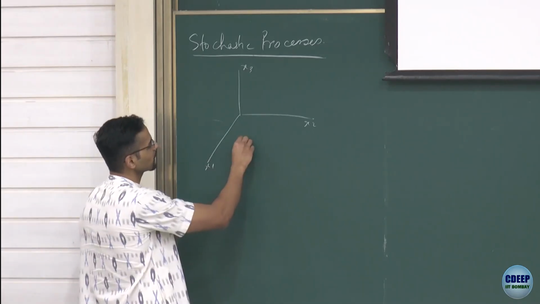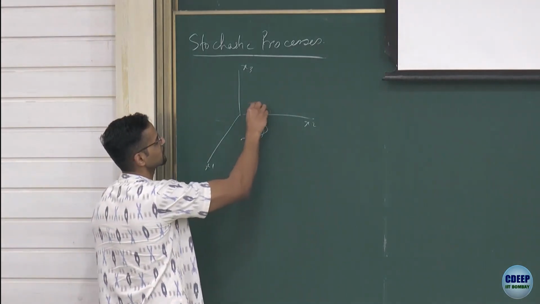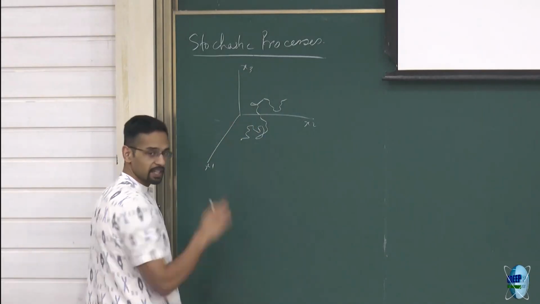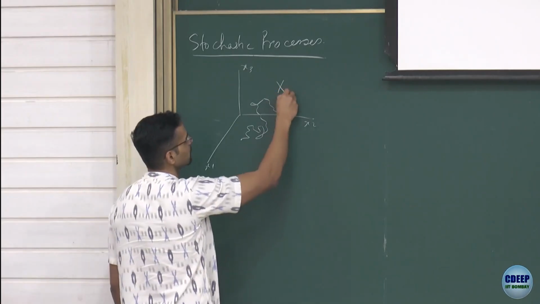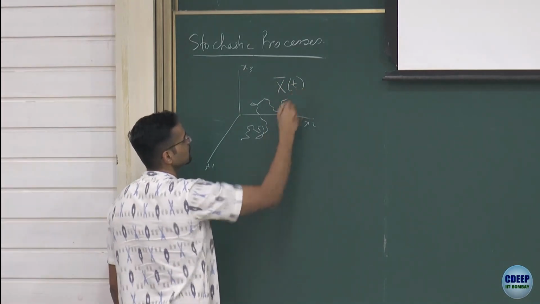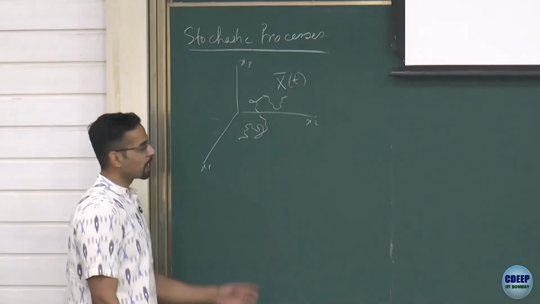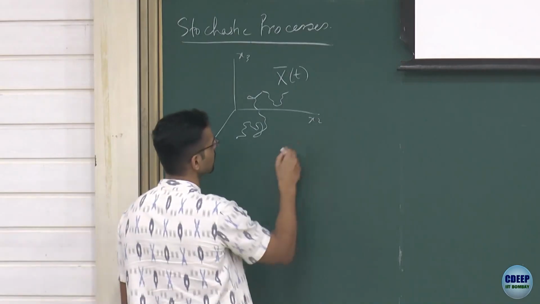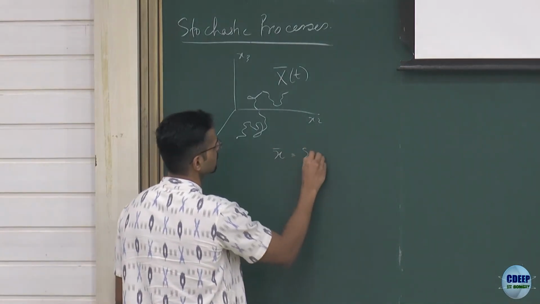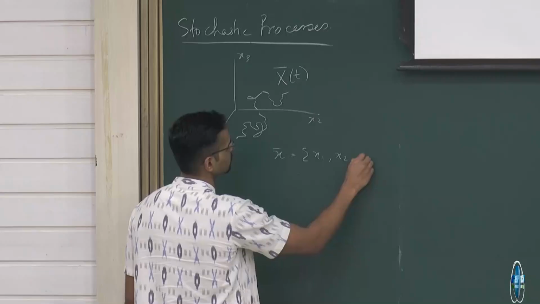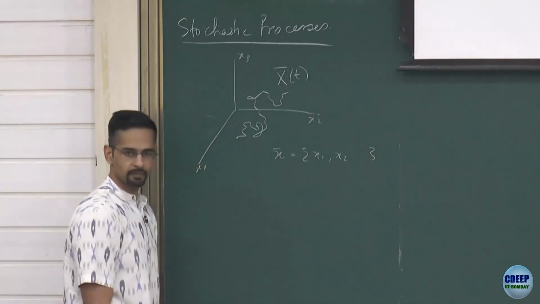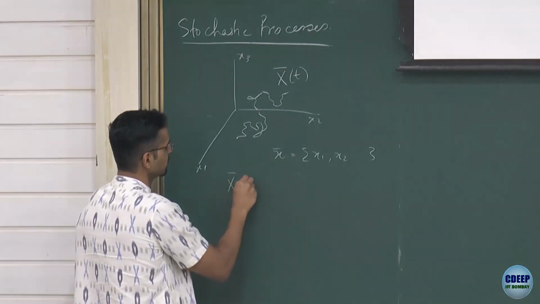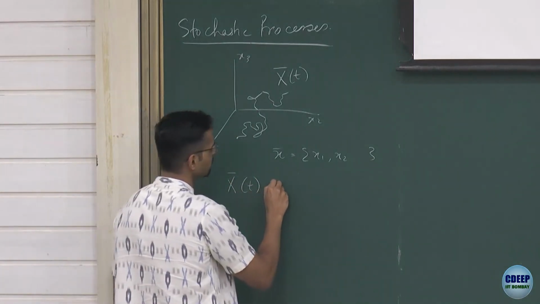And now, because it's stochastic, it is doing some kind of motion. Okay. So this trajectory we will label with capital X. Okay. And the coordinates in state space we will label as the vector x, okay, which is the collection x1, x2, and so on. Here are the different coordinates. And what this just means is that this will have the value